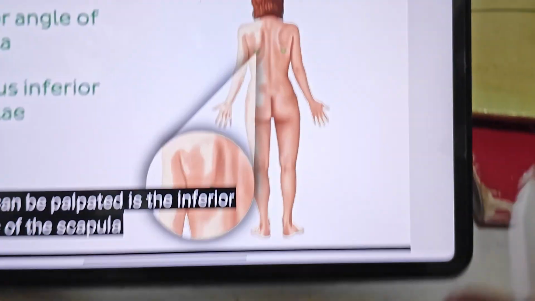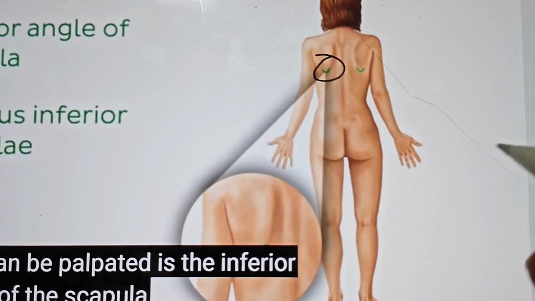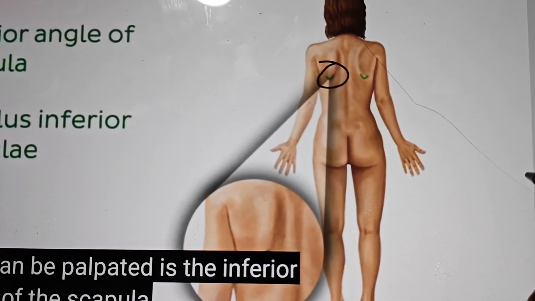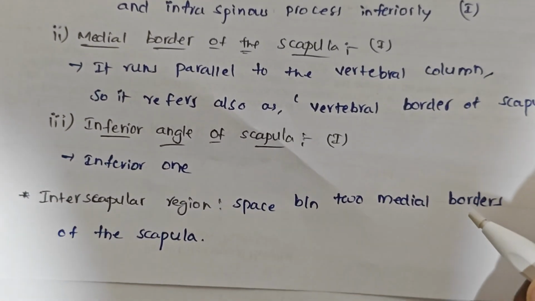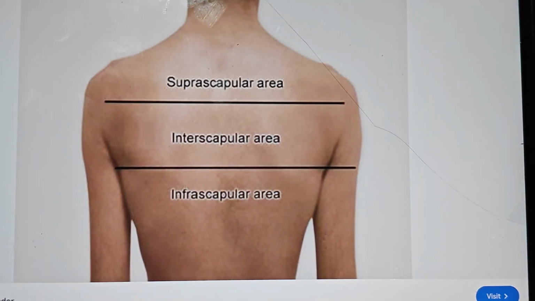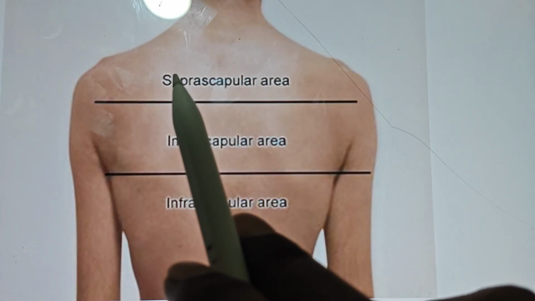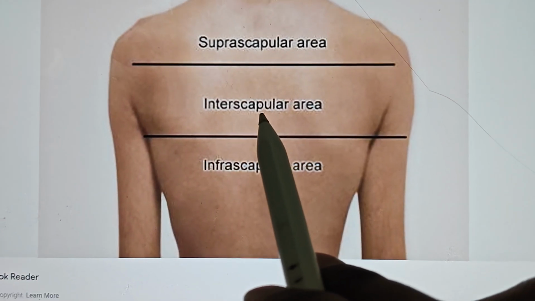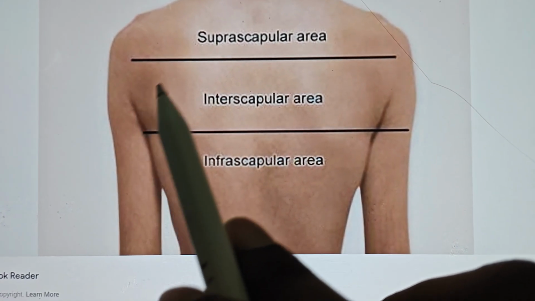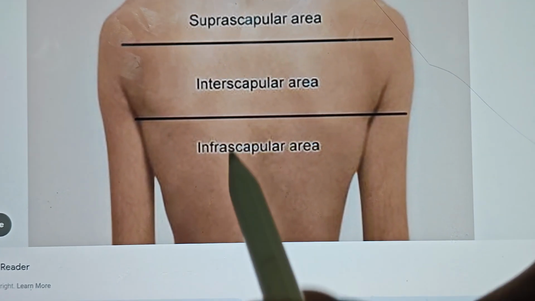Next one is inferior angle of scapula. Simply it is the inferior one. You can see this landmark right here. Simply it is the inferior part of the scapula. Lastly, interscapular region, simply the space between two medial borders of the scapula. We can also say the suprascapular region, which is above, supra means superior to the scapula. Inter means the space between two medial borders of the scapula, this one, and the infrascapular area, which is inferior